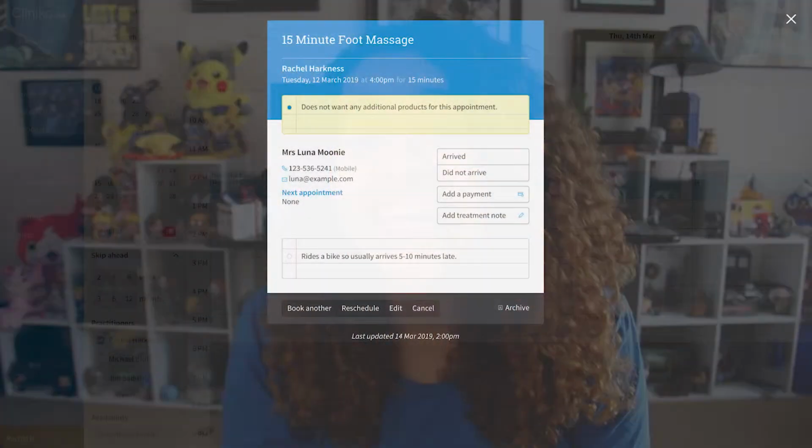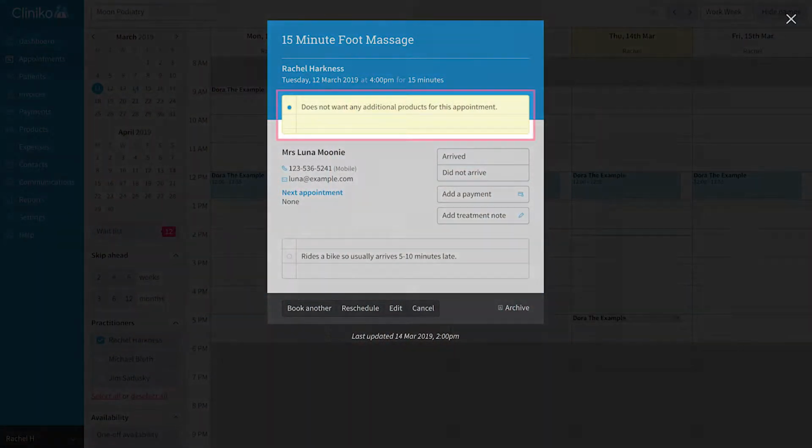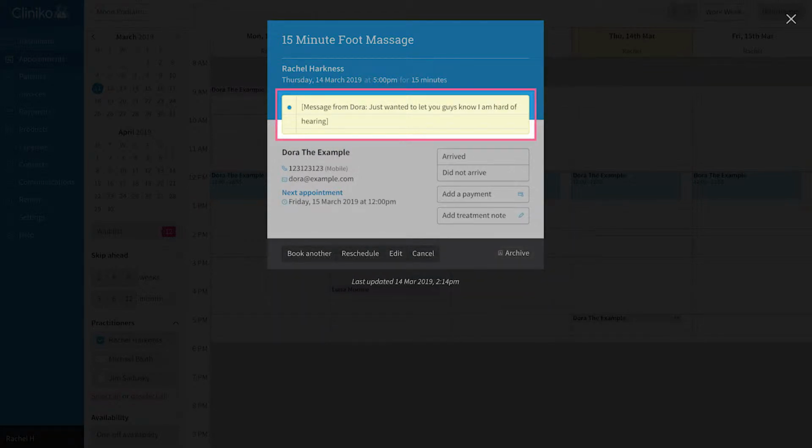For example, the patient may be a frequent no-show or often arrives late since they often take a bus. Maybe they have accessibility requirements that your team needs to be aware of when checking them in. The uses are endless, but again, this will appear on every appointment until it's updated or removed from the patient's file. This is also separate from the individual appointment note and the comments the patient can leave when booking with you online. Those will only appear on that specific appointment.